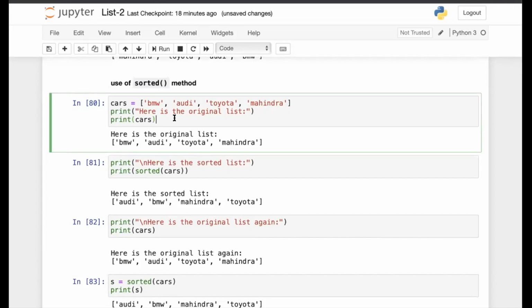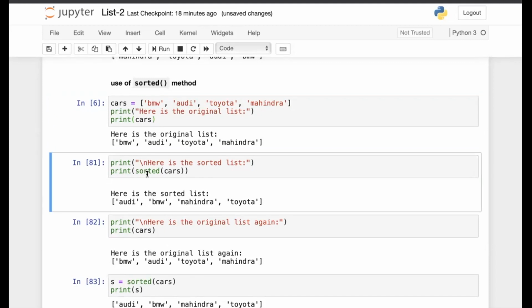So here is the same list: BMW, Audi, Toyota, and Mahindra. This is the original list. Now when you apply the sorted method, this is basically a Python built-in function. So you do not need to write cars.sorted. You write sorted and pass the list as an argument. This method creates a new list, and that new list is the sorted list.